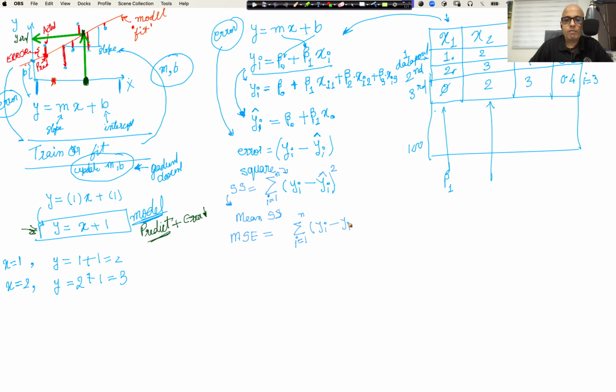And because this is a mean, we need to divide this by the total number of samples. And so we are going to multiply this by 1 by n. That is the same as dividing this sum by n. So this is the mean sum of squares, and that is the main equation that we can use along with the gradient descent to find